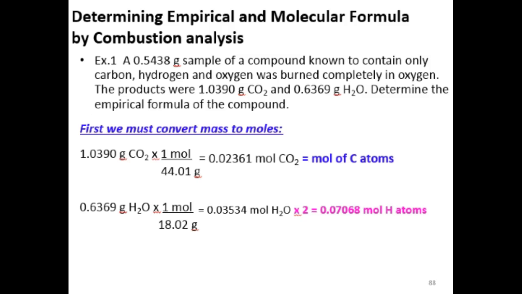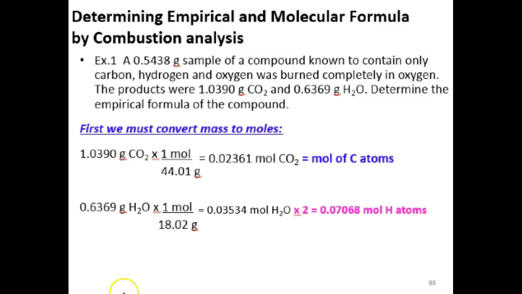This is another example of lab data that's obtained where we want to try to figure out what the empirical formula of the compound is. So in this problem, they're telling you the mass of a sample. The sample contains carbon, hydrogen, and oxygen. We need to figure out what the empirical formula is of this compound. We are given data about the mass of the products produced. So we're told that the CO2, which is one of the products produced, is 1.039 grams, and water is